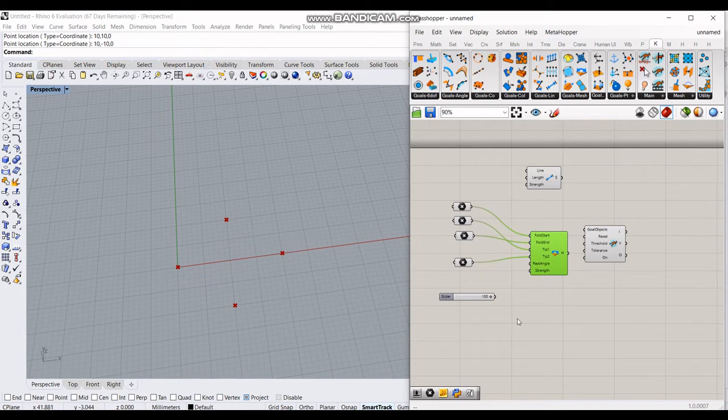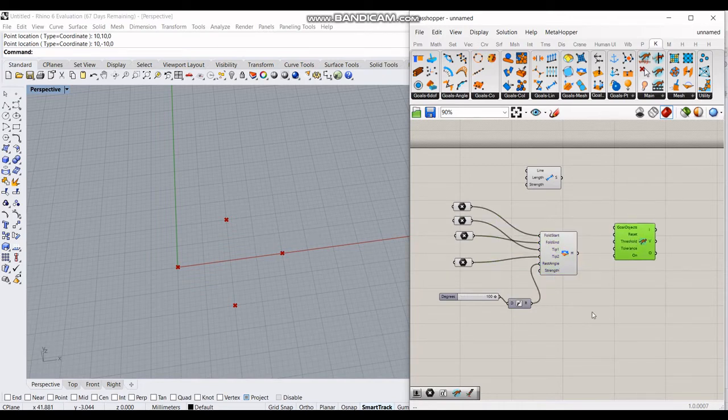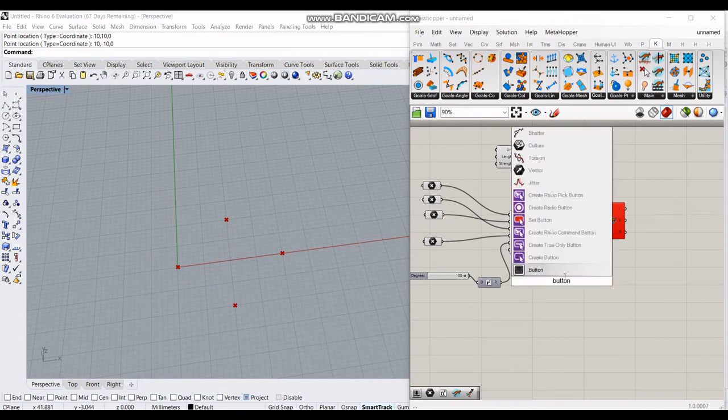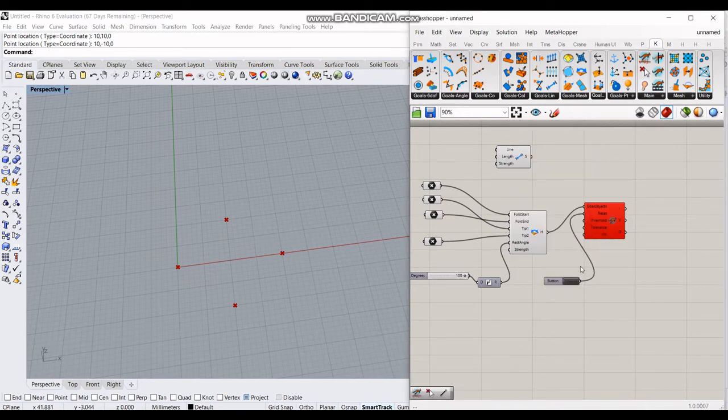And let's use a slider to give the angle, and by default all the angles are in radians, so we need a conversion between radians to degrees here. So this will convert to radians. And this strength parameter decides how much effect this particular component has while solving compared to the other components. So you can actually have multiple goal objects and solve simultaneously. So let's see what happens. And you need a button always to reset the simulation.